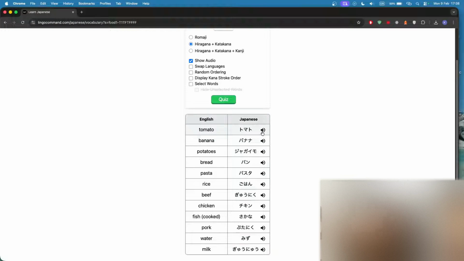And we've got these audio buttons here if you want to know how the word is pronounced. トマト, okay, up the volume here a little bit. バナナ, じゃがいも, jagaimo. パン,